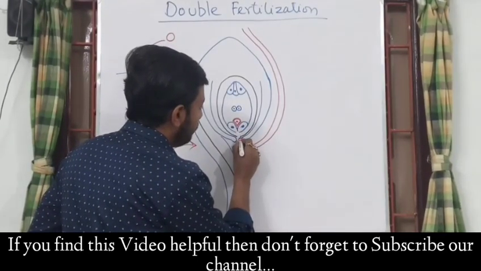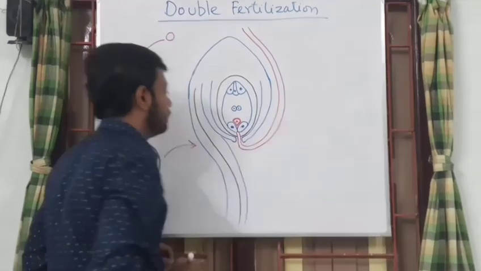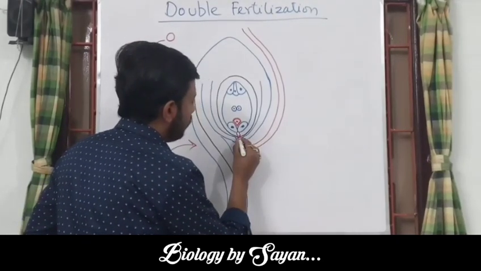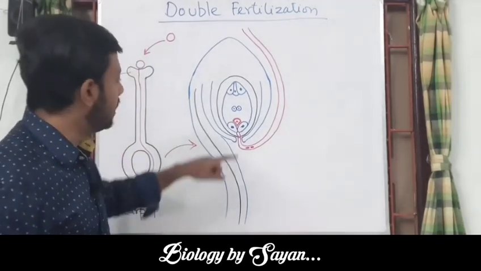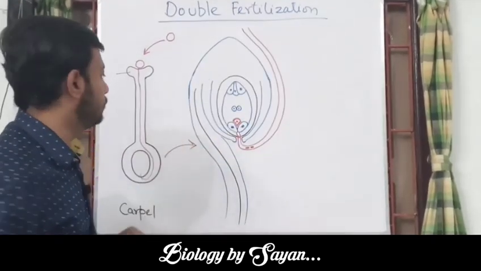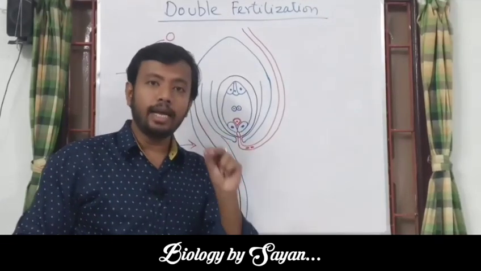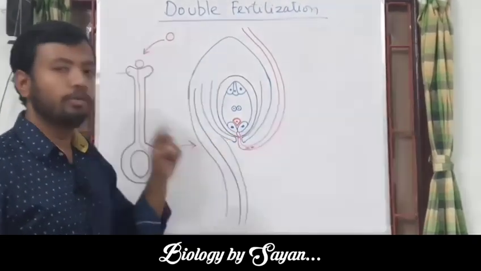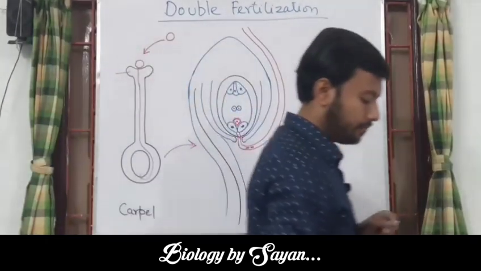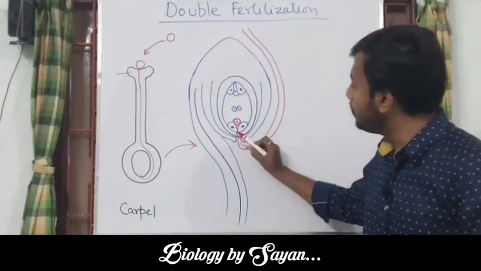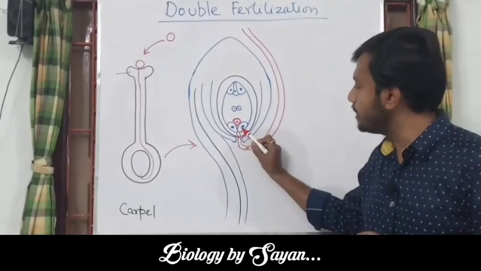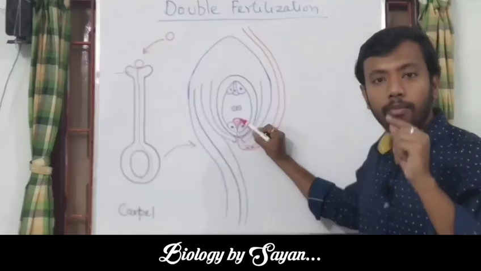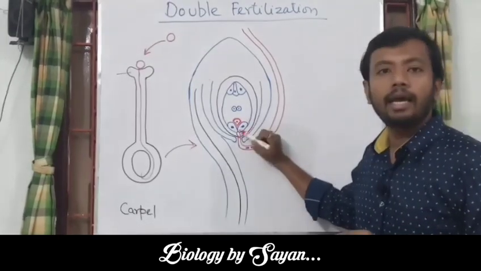The pollen tube will penetrate into the embryo sac. We all know that the pollen tube carries two male gametes and one degenerative vegetative cell at the top tip portion of the pollen tube. Whenever this pollen tube enters the embryo sac, this degenerative vegetative cell comes out from the pollen tube first. What will happen then? This degenerative vegetative cell will encounter both of the synergids. There are two synergids lying side by side of the egg cell. Remember, the egg cell always remains at the middle, at the center of the entire egg apparatus.